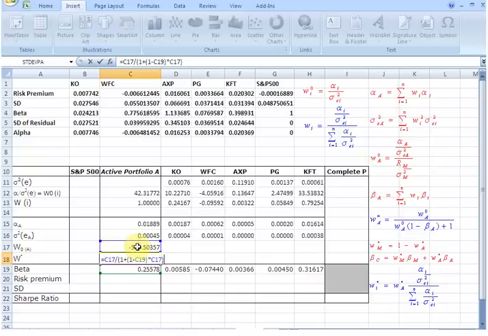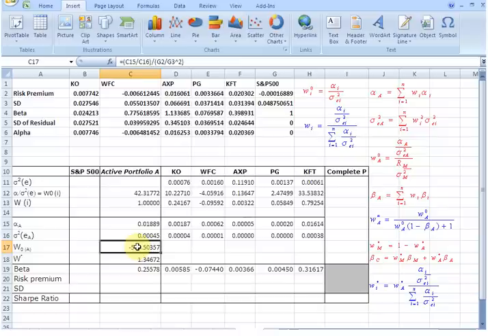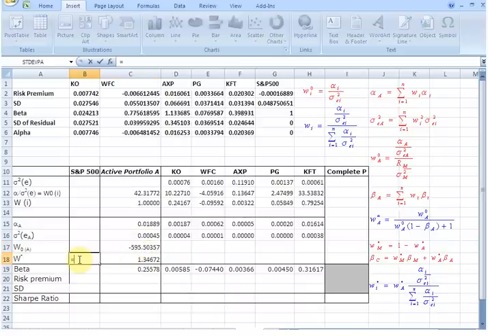Let's close the bracket and hit enter. So this is our weight on the active portfolio, 1.34672, which also means that the weight on the passive portfolio is going to be equal to 1 minus this value here,